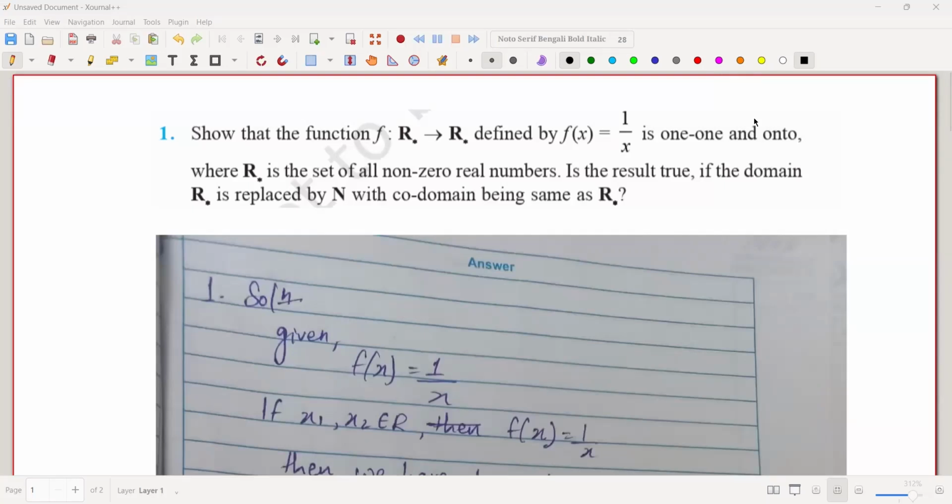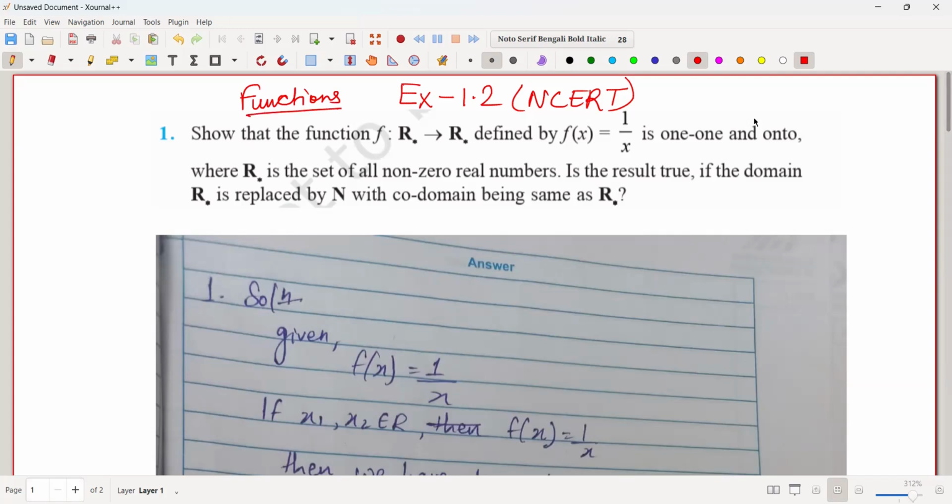So this is exercise 1.2 from NCERT, and this is functions. So question number 1, show that the function f such that R star to R star defined by f(x) equal to 1 by x is 1-1 and onto,